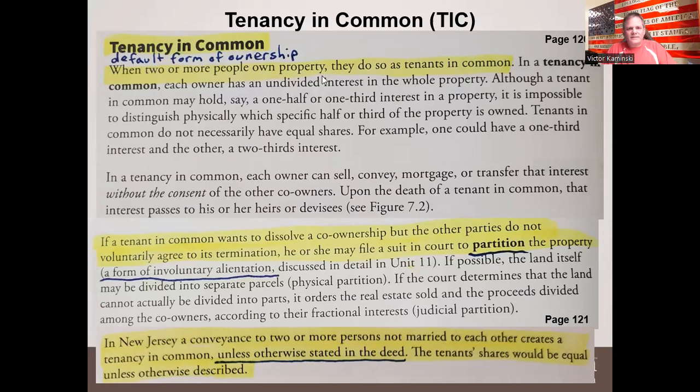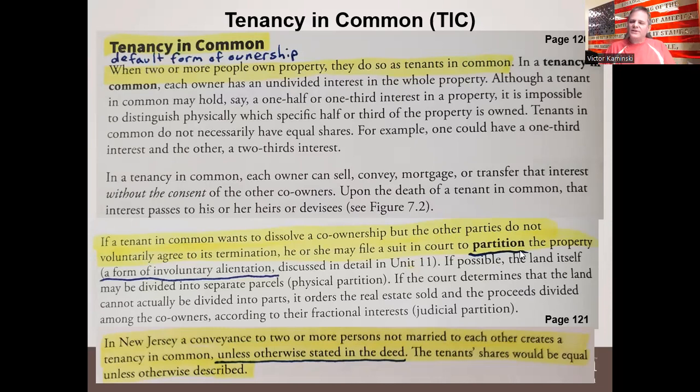So you got tenancy in common. That's the default form of ownership when you have two or more owners, usually not married to each other. They own the property together as tenants in common. If a tenant in common wants to dissolve that co-ownership, but the other doesn't, so if one wants to sell and the other one doesn't want to sell, they could buy them out, or you could find your own buyer, but it may be tough to find a buyer to buy out your partial ownership interest in this property with a stranger,